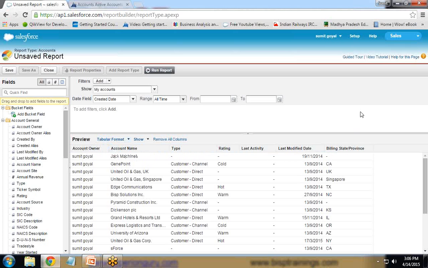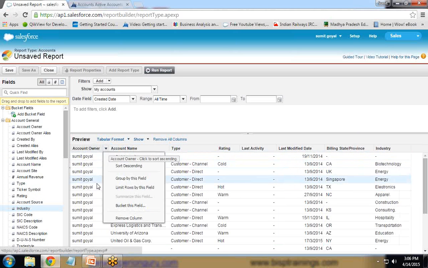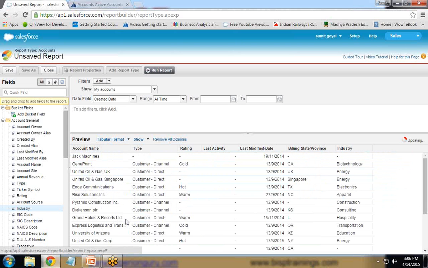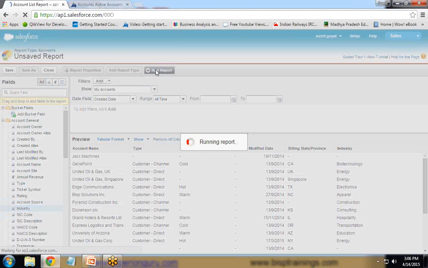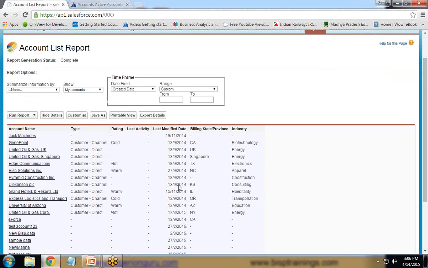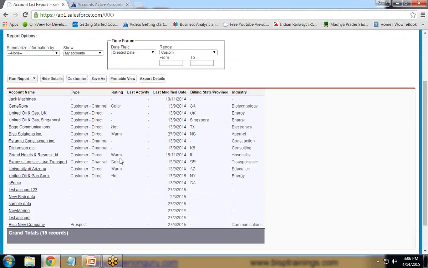last modifier, billing state, and along with that we can add more columns into this. For example, type, account source, industry. So we can drag and drop new columns, and if we want to remove any column, we can remove the columns as well. Once the report is created, we can simply save it and click on run report. So the report will be executed,